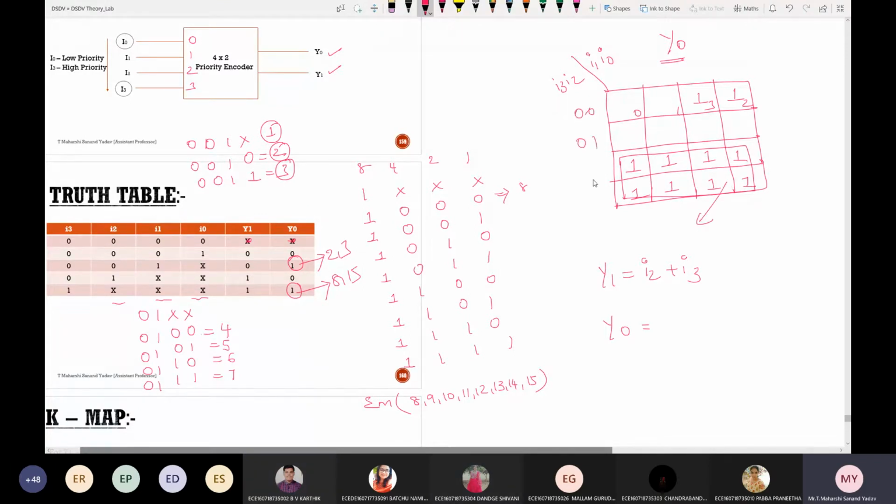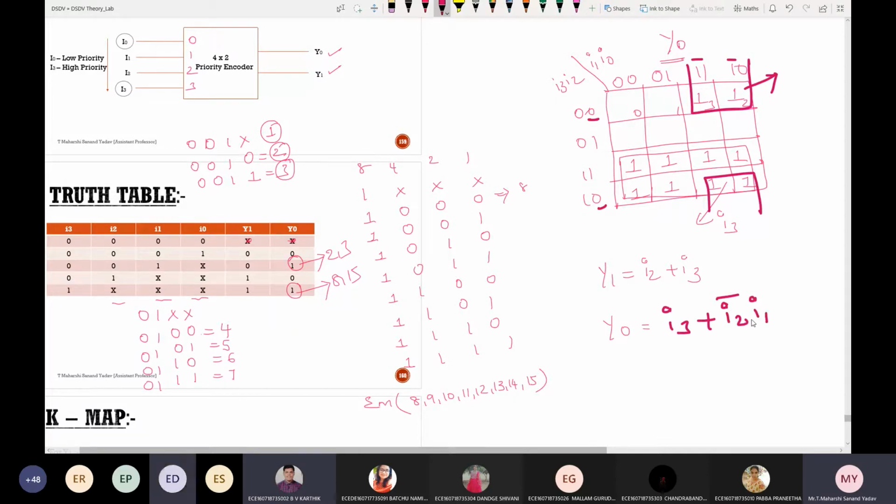So 0, 0, 0, 1, 1, 0, 1, 1. Here also same thing. So what is the equivalent for this octet? It is I3. Okay, next, we'll get one quad like this. Now tell me the result for this. Here if you see, the 0 is common, and I1 and I2 bar vertical, so finally I'll get I3 plus I1 into I2 bar. I1 into I2 bar, right? This is correct.